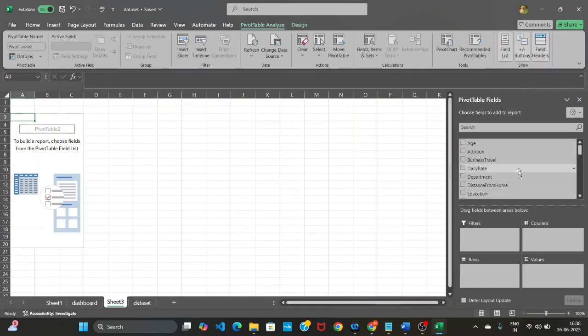In the same way, here you can see all the column names of the data set. So first we are going to drag and drop again job role under the rows